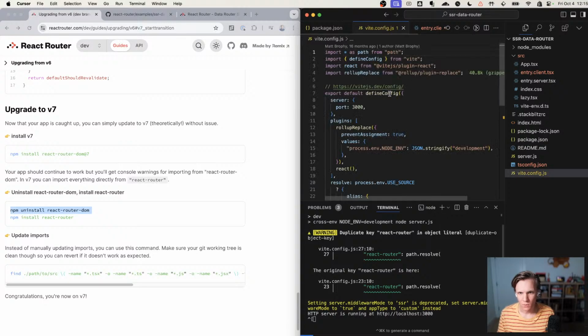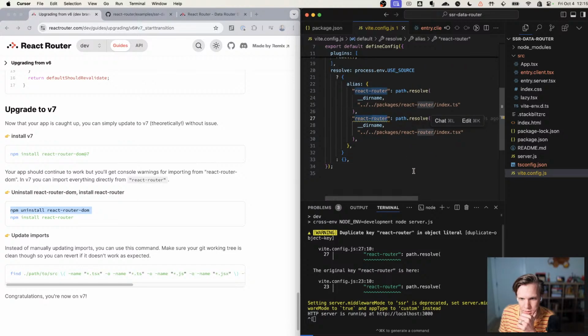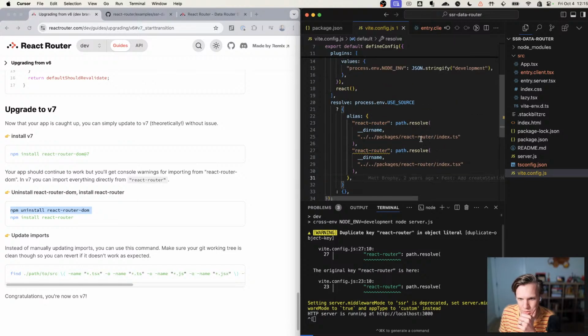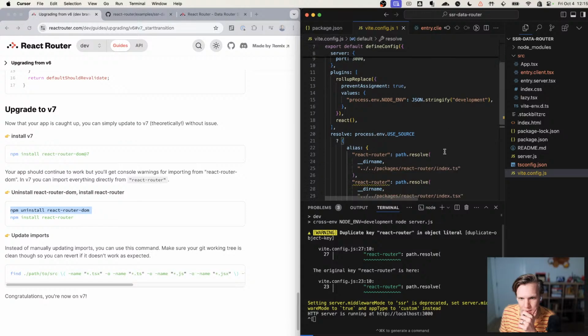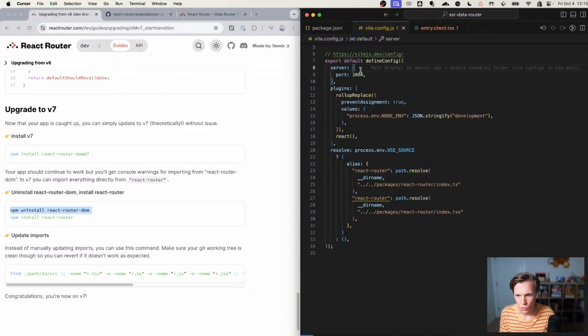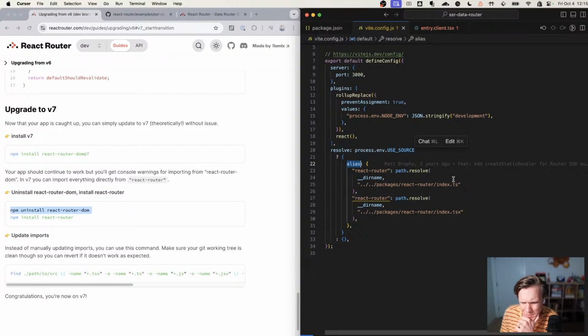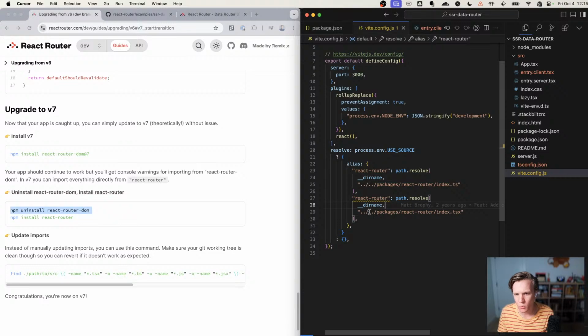So my Vite config, what did I do wrong? Yeah, there's a lot more going on here than I thought, because we're doing like resolutions. Oh my gosh. Okay, so there's a lot going on here. What is this? Resolve process.env use source. And we're setting up some aliases. I don't even know why we're doing this exactly. Yeah, this is not quite what we want to be doing. Oh, because this is